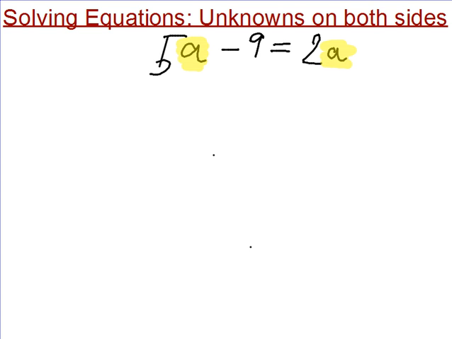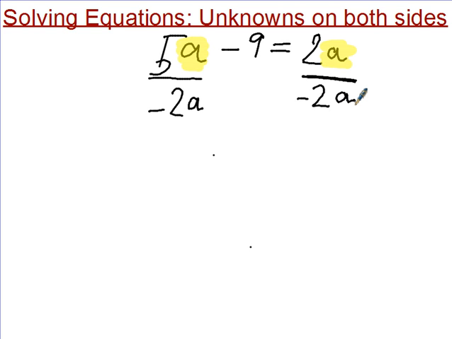So what I want to do is bring my unknowns onto one side of this equation. And you're always going to remove the unknowns from the side where you have the smallest number of them. On this side of the equation, we have 5a's, and on this side, we have 2a's. So I'm going to take away from this side because this is the smaller number of a's. So if I subtract 2a from both sides,